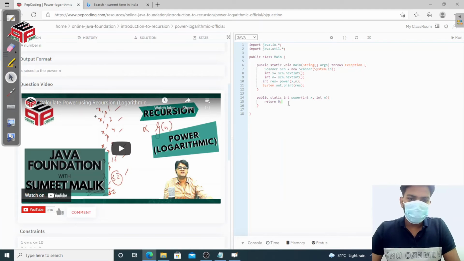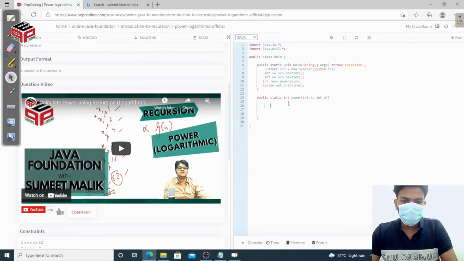Okay, and then here, what is our half? Our half is half of the power, like initially x comma n divided by 2. So we store this half, the power of n by 2. So if the power of half equals this, then in the result we have 1.